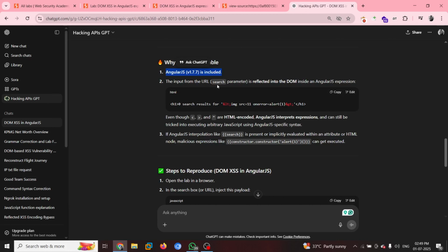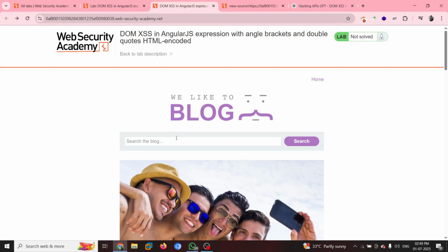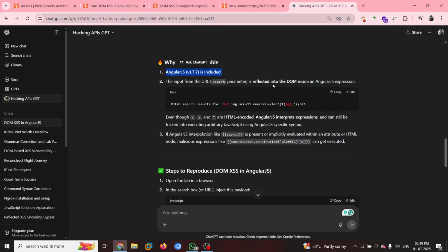Here, the input from the search parameter is reflected into the DOM inside an AngularJS expression. This tag is getting inside the DOM.